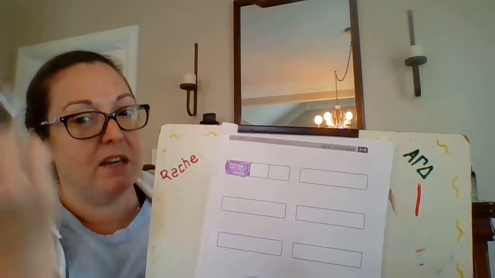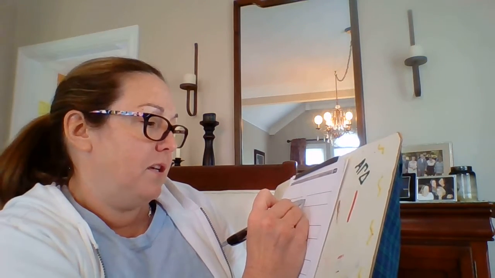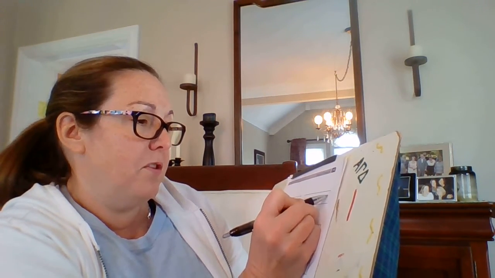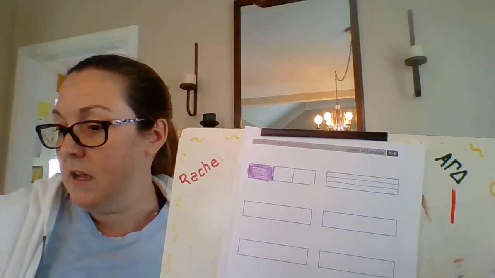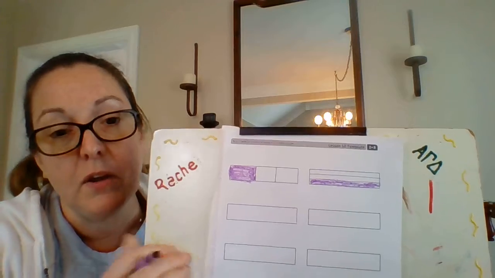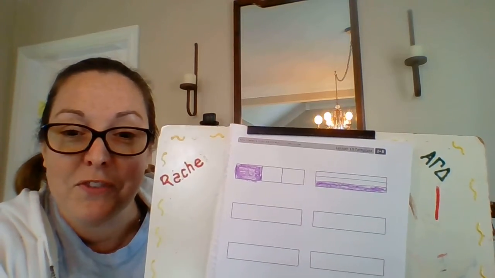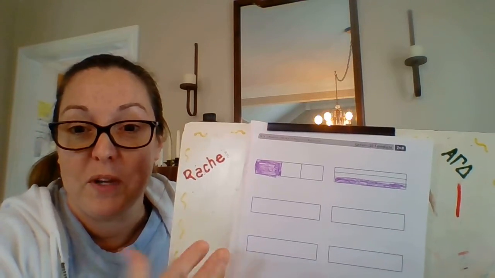Another way would be, what if instead of doing the 2 vertical lines, what if we had 2 horizontal lines? For example, what if I drew thirds like this? You see that? I still have 3 equal pieces. And if I wanted to color in 1/3 over here, it wouldn't matter which one I colored in. Maybe I'll color in the bottom one. That would be 1/3 right there. So both of these are totally fine ways of showing thirds on a rectangle, because it's 1 out of 3 equal pieces if you were